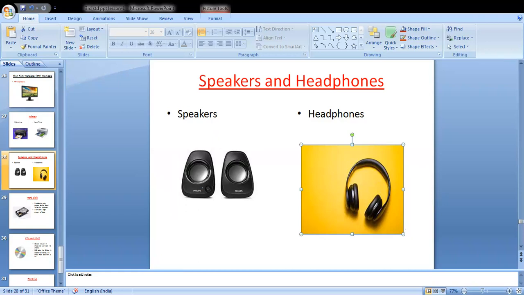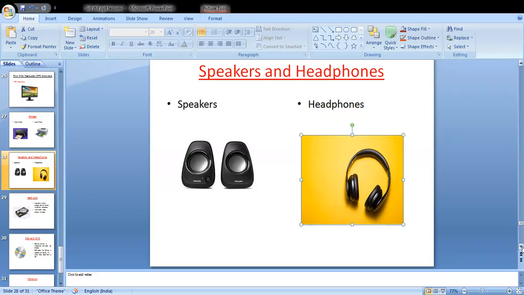See here, now also I am wearing headphones. Headphones are wearable. We can also listen to music using headphones. The difference between speaker and headphone is that only headphones we can wear, and speakers you have to keep on a table or attach to the wall. Understand? Yes, to listen to music, speakers and headphones are used.